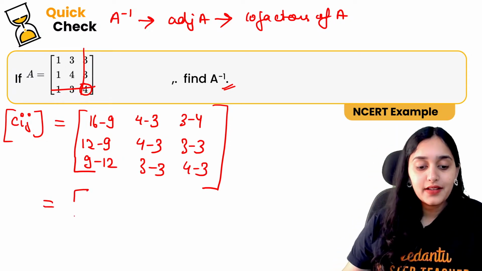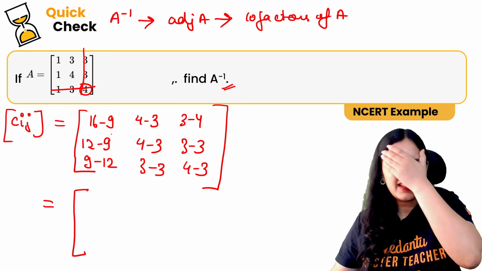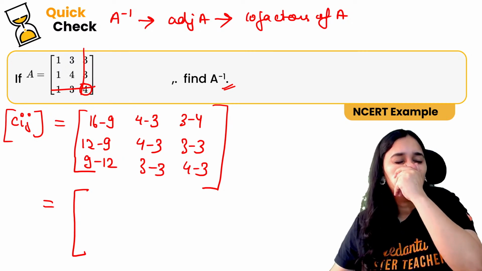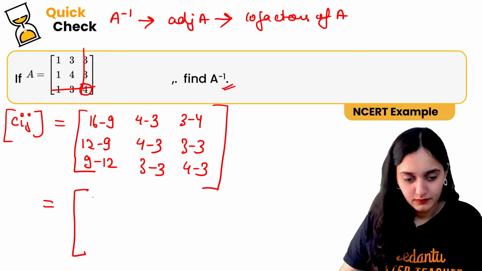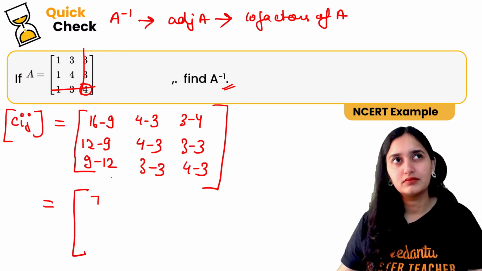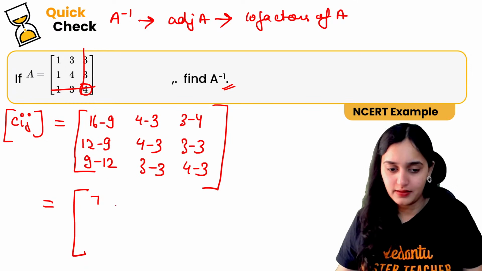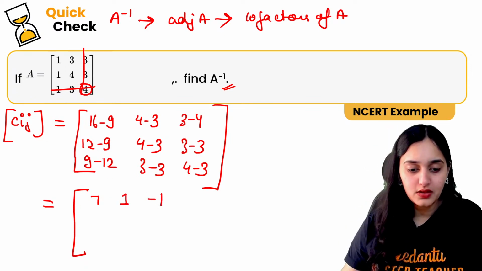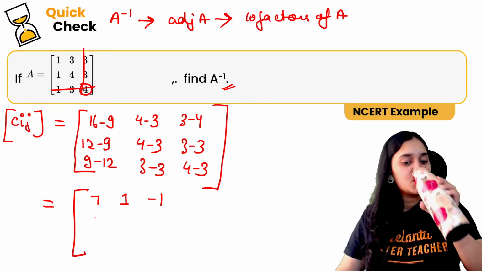So the cofactors are 16 minus 9 is how much? 7. 7. 4 minus 3 is 1. 3 minus 4 is minus 1. 12 minus 9 is